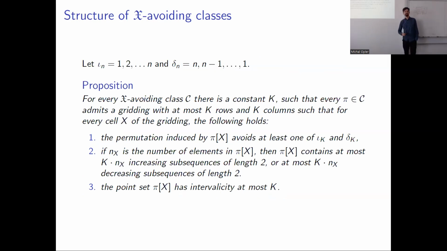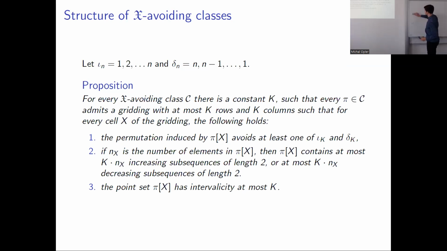And for this, we have two parts. First is a structural theorem for these classes. Okay, so this iota n will be just the increasing sequence of length n, and delta n is just the decreasing sequence of length n. And this characterization of any Chi-avoiding class says that